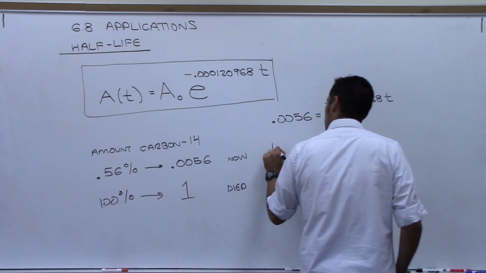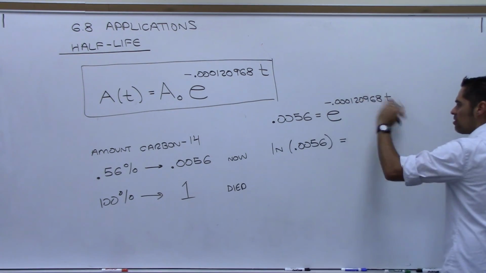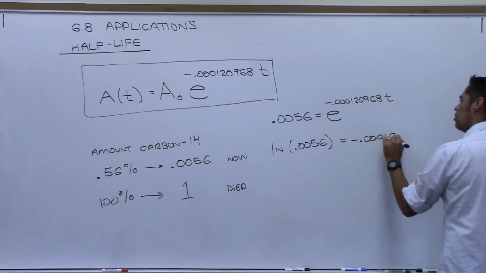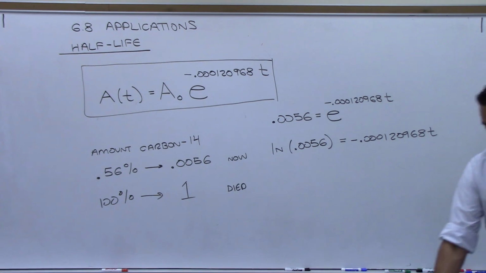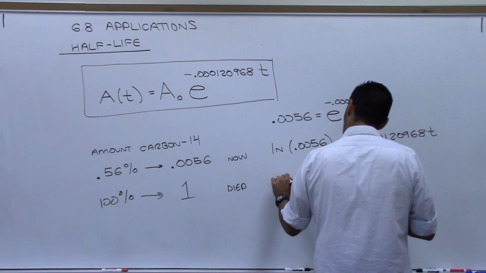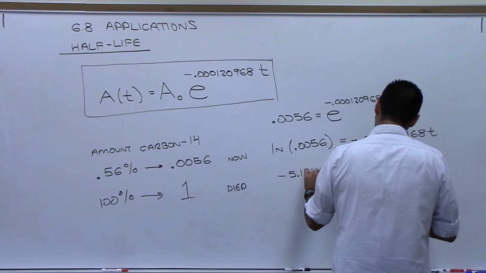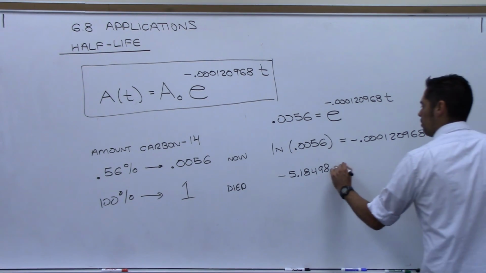So natural log of 0.0056 equals the right side, natural log kills off. We get negative 0.00012096 T. And now, get your calculator out. Negative 46.29323457. Are you getting, on this side, negative 5.18498? Anyone getting something like that for this? Equals negative